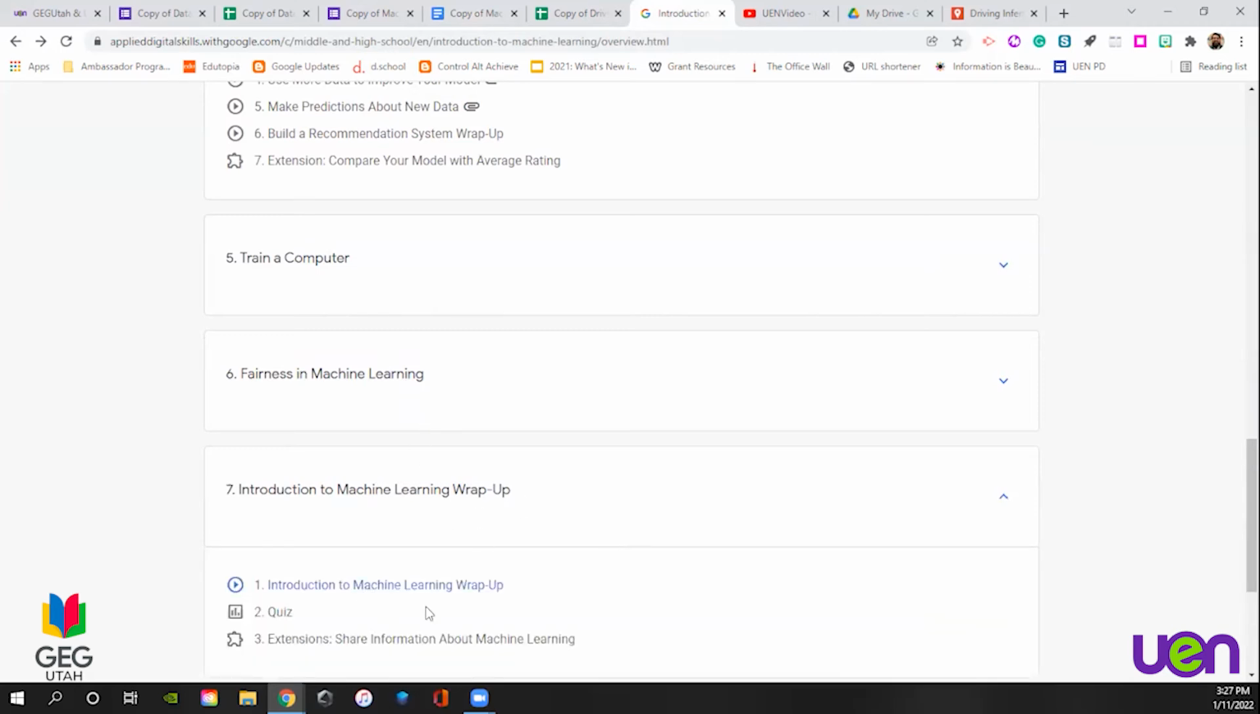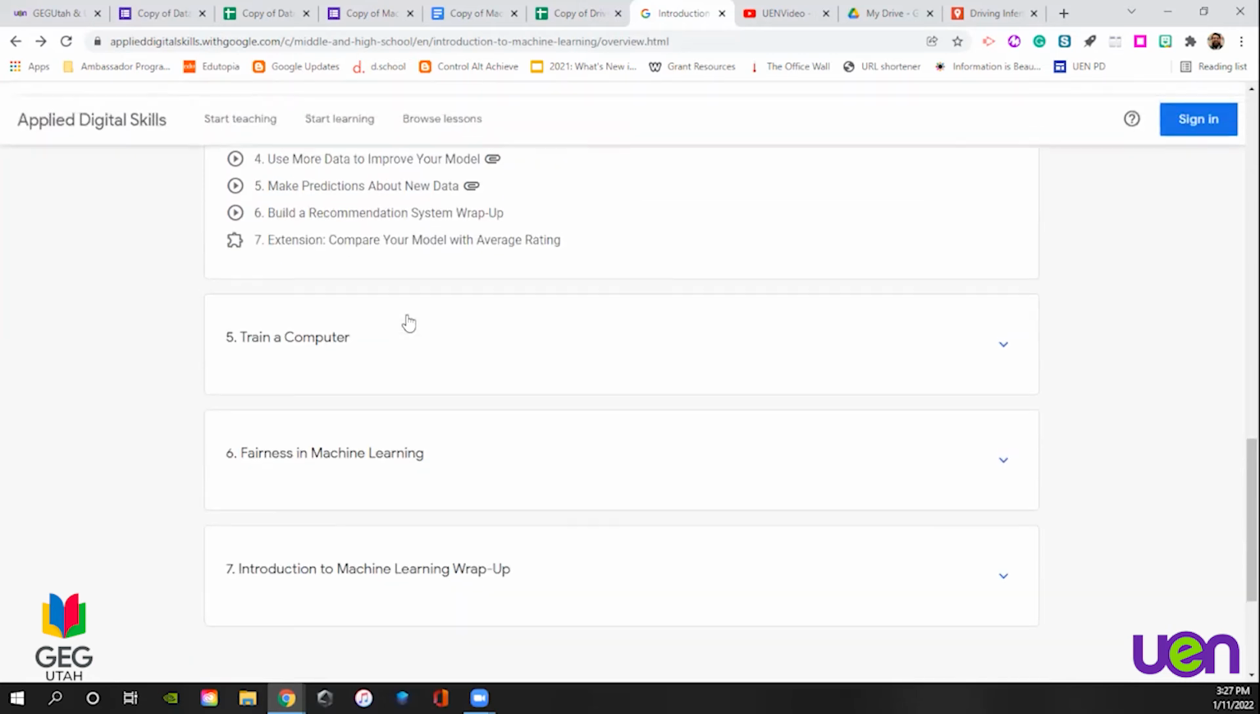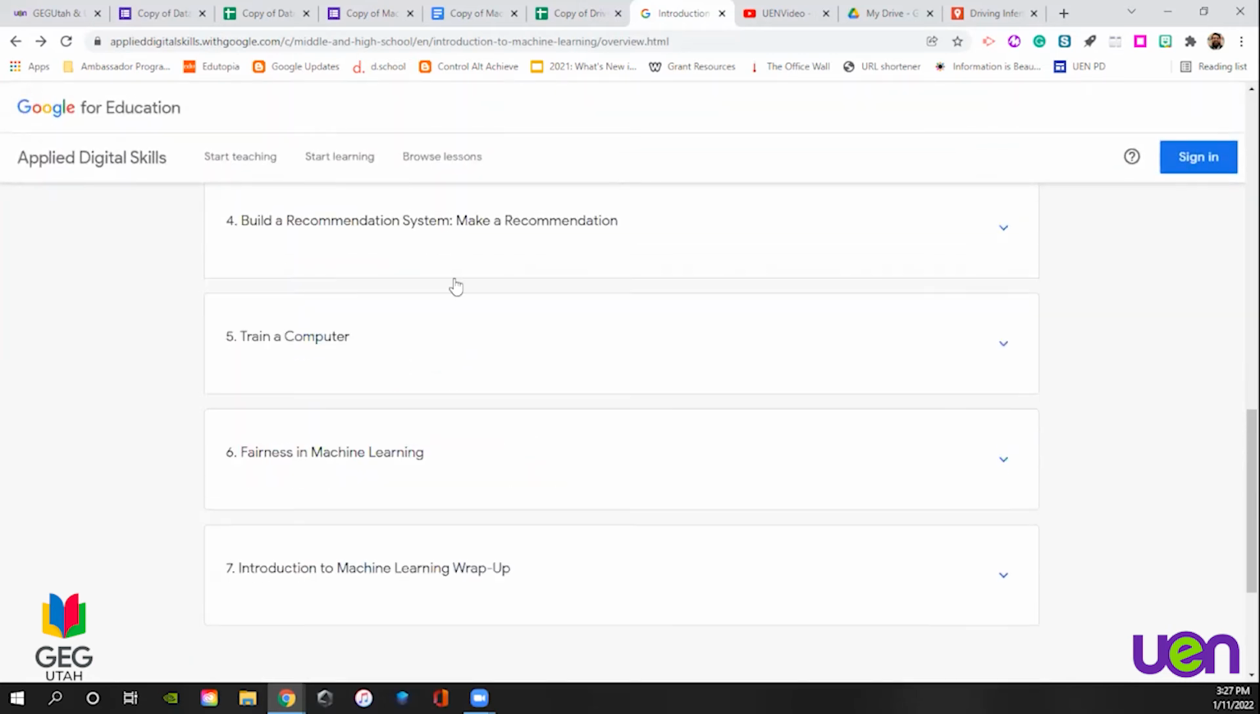Section 7 is just a wrap up with a quiz, which, if you are logged in and your students are logged in, goes really quickly, but it also tracks their learning. But 5 and 6 are great capstones to this particular project. So as we've gone through,